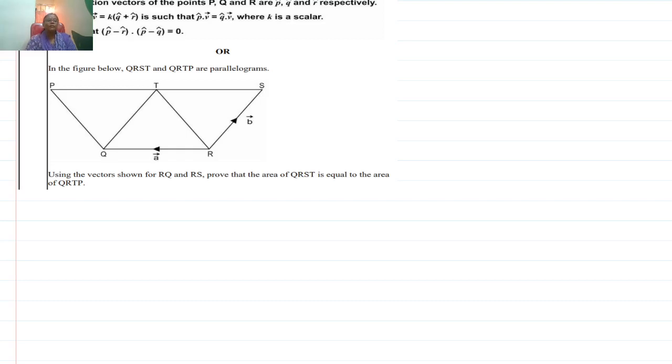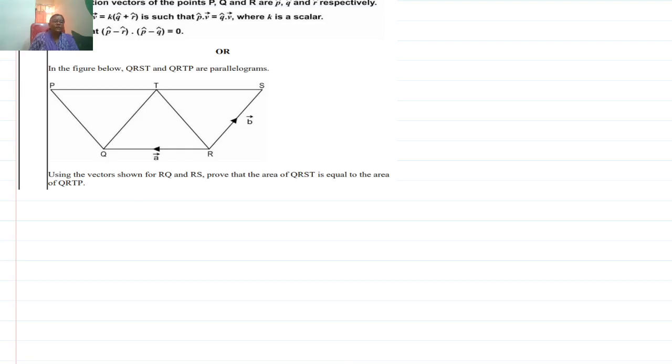It is saying that QRST and QRTP are two parallelograms. Fine. QRST and QRTP have been identified as the two parallelograms. It is asked, using the vectors shown, prove that the areas of these are equal, that is, you have to find the area of the parallelogram QRST and the area of QRTP. Now, what is in it? You are finding the area of two parallelograms. What is the area of any